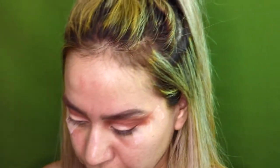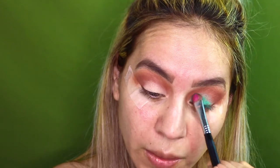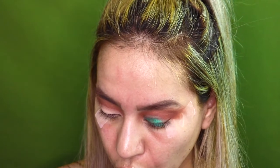Now to the star of the show. It is the green pigment. This is the NYX pigment, and it is Pig 12. Literally, it's called Pig 12, and it's a green eyeshadow. I'm taking it on a flat blending brush, and this is the Sigma E55, and I'm putting that